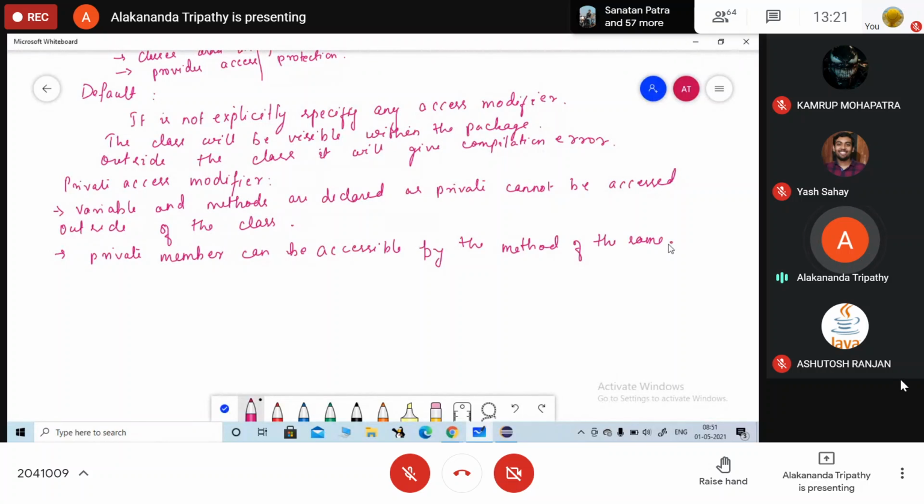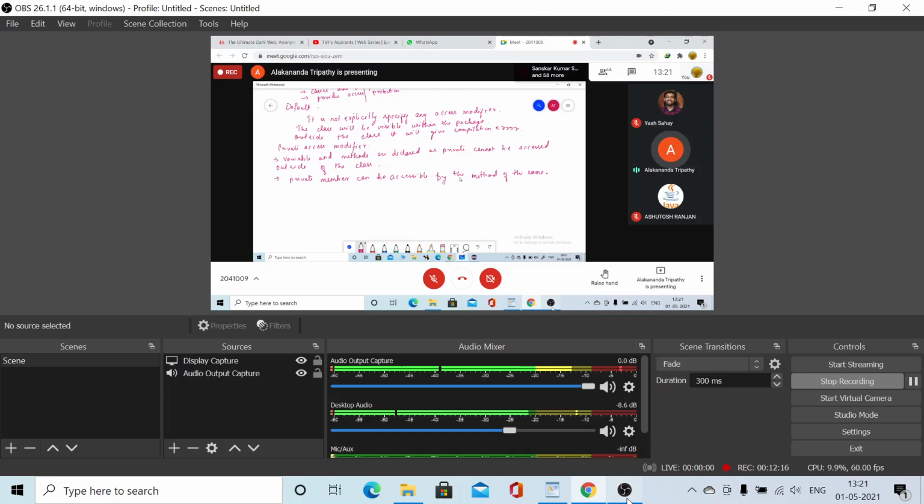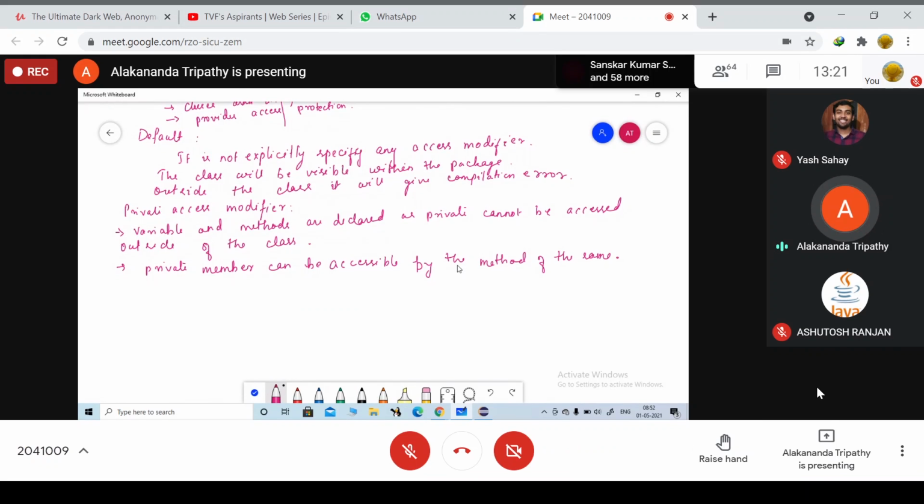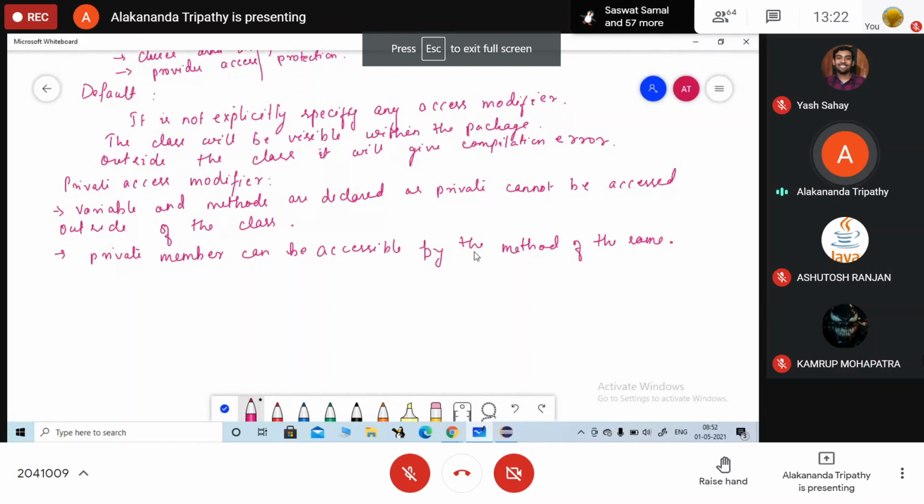So how can we access a private member? By using a method of the same class. One example, check it. Should I move to the example? Okay.